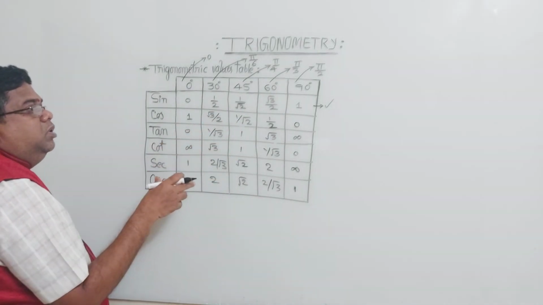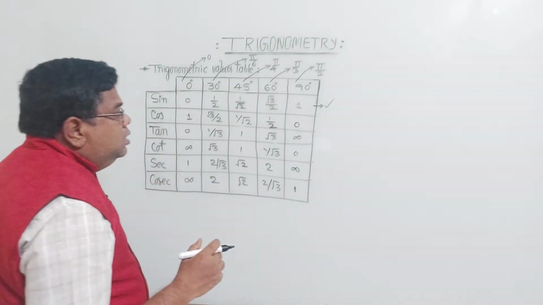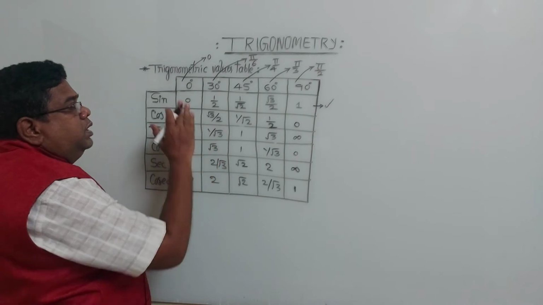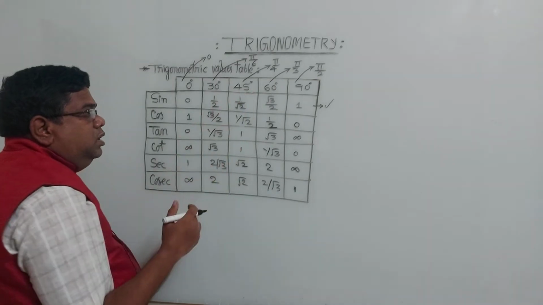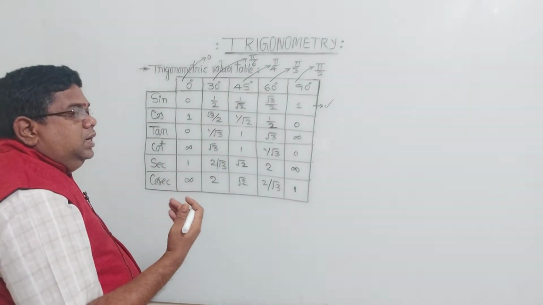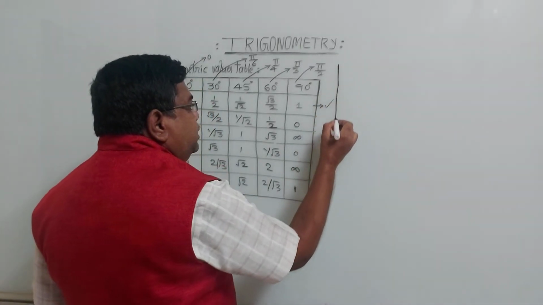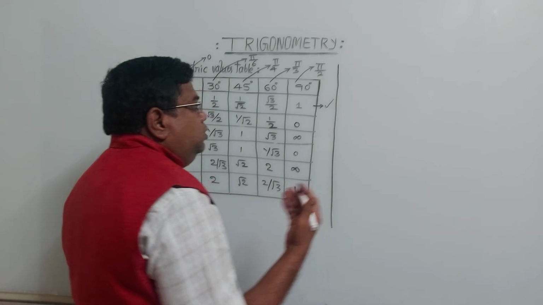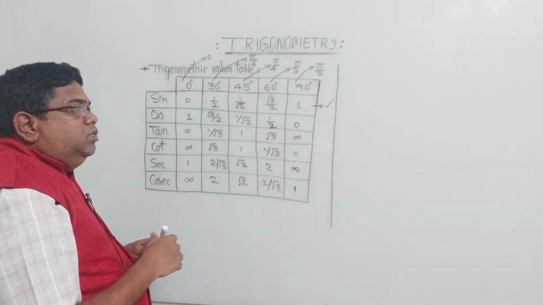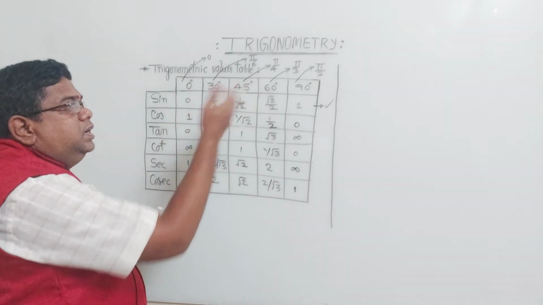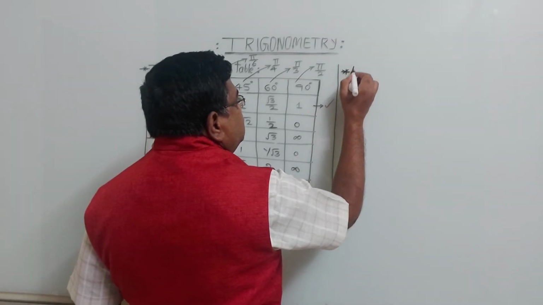Using this table we have to practice; these values are very important and very useful for trigonometry calculations. Here we have observed only 0 degrees to 90 degrees. Suppose more than 90 degrees is given, how can you calculate? There is also a method for that. Sometimes 120 degrees, 150 degrees, 180 degrees, or 210 degrees may be given. When a larger angle is given, how can you calculate?